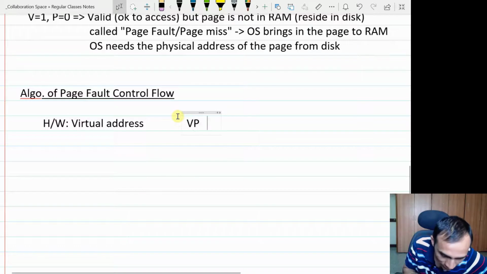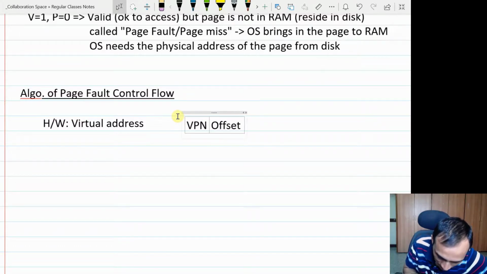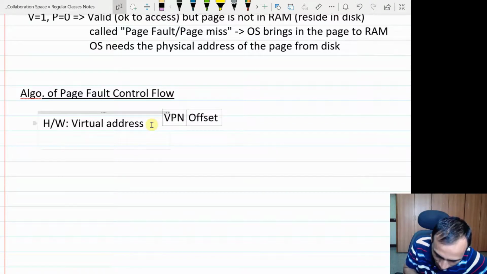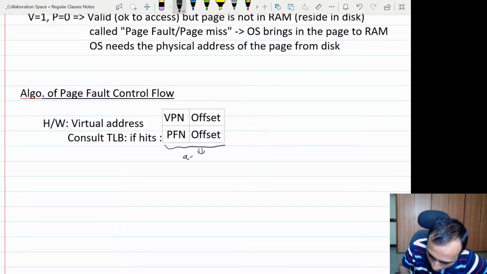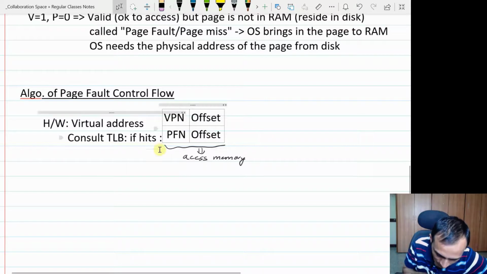But once it understands what is the VPN, the page number, then it will consult the TLB, and if it is a hit, then it will directly get the page frame number and append with the offset bits, and using that it will be able to access the memory. But if it was a TLB miss,